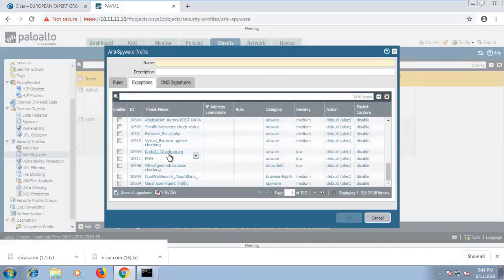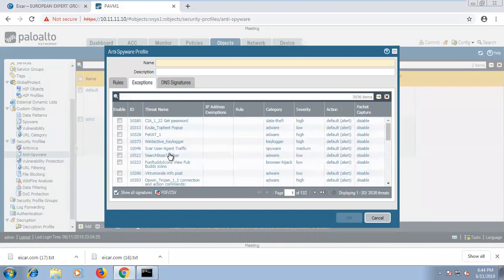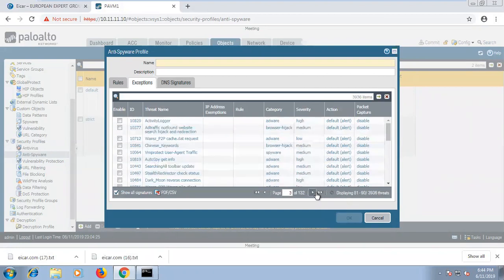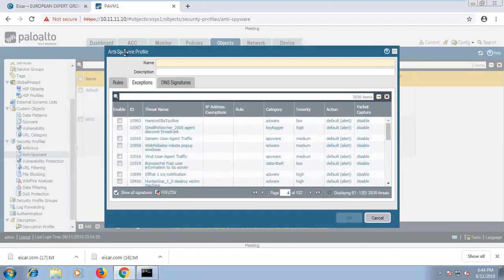Can you see the signatures over here? These all are the signatures which are by default present. You can see around 3936 types of threat signatures are present. You can see like this. So this is for the anti-spyware. Similarly, for all the types of